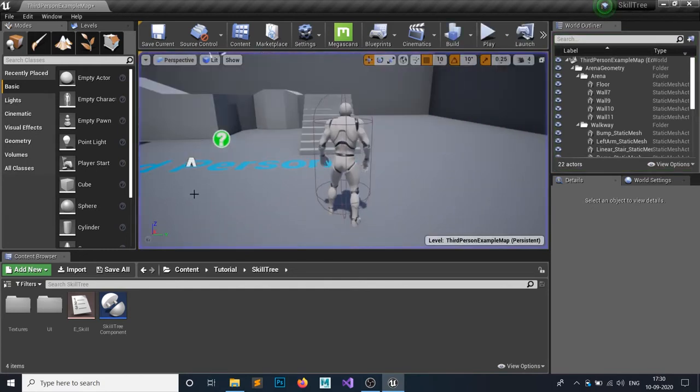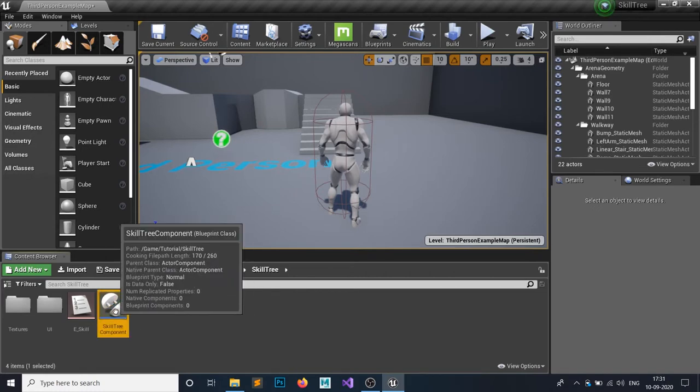So this is all we're going to do, and in this next tutorial we're going to learn how to learn a skill. So how are you going to learn a skill? Let's first talk about the basic math. Let's say you have two skill points and you require one skill point to learn a skill. When you learn a skill, the learning skill will be set back to true, and your skill points available will decrease by one. And this is what we're going to do here.